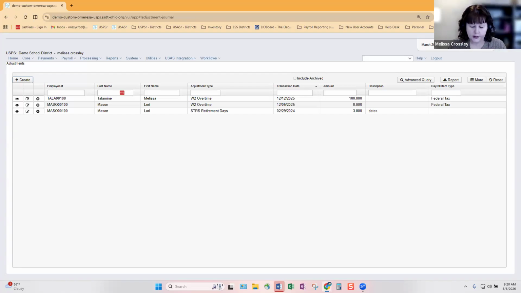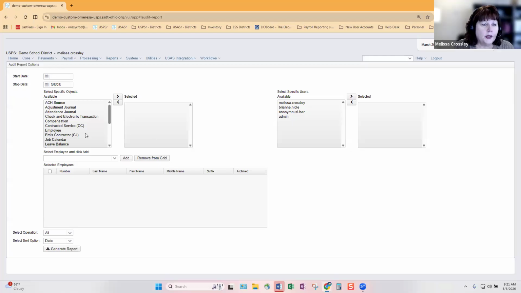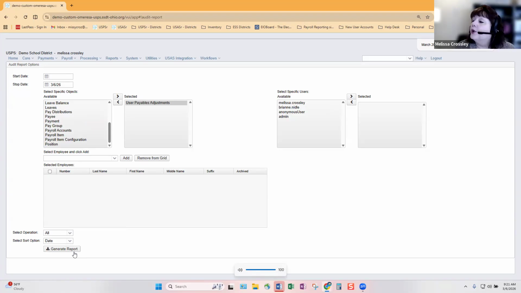Sorry. Let's see. Reports. Okay, I just want to make sure I went over some things I wrote down with you. That audit report that I was speaking of, you would find at Reports, Audit Report, and then User Payable Adjustments. Then you put in a date range, or select a specific employee who may have done this. I leave it wide open just in case, and you would generate the report and see who made